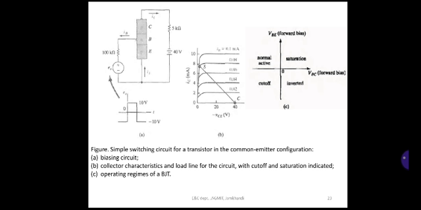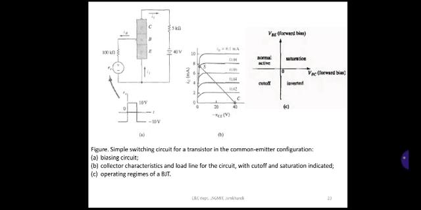As we know, a transistor has two states, the on state and the off state. Observe that the input has a positive part of the voltage and a negative part of the voltage, 10 volts positive and minus 10 volts negative. When the base current is zero or negative, point C is reached at the bottom end of the load line, and the collector current is negligible, ideally zero. This is the off state of the transistor.